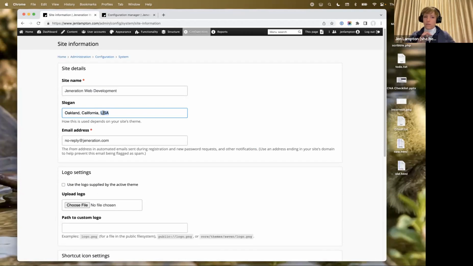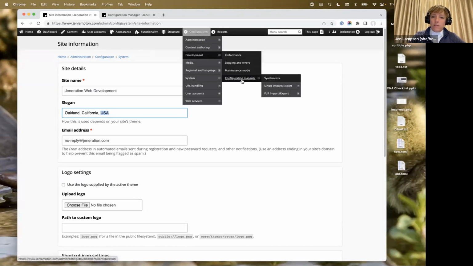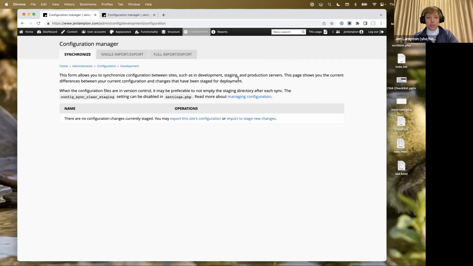So in both scenarios, I exported from my development site and imported to my production site. I don't usually do that most of the time for the sites that I manage. I usually manage all of my configuration in Git, but I just want to demonstrate that that's there if you need it. So if I were to go to the configuration manager here,